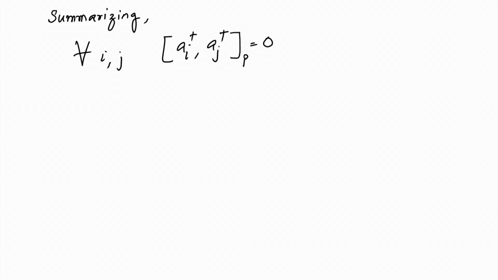So, similarly, we can write this for both p equal to 1 and p equal to minus 1. And similarly, if we want to write it for the annihilation operator,